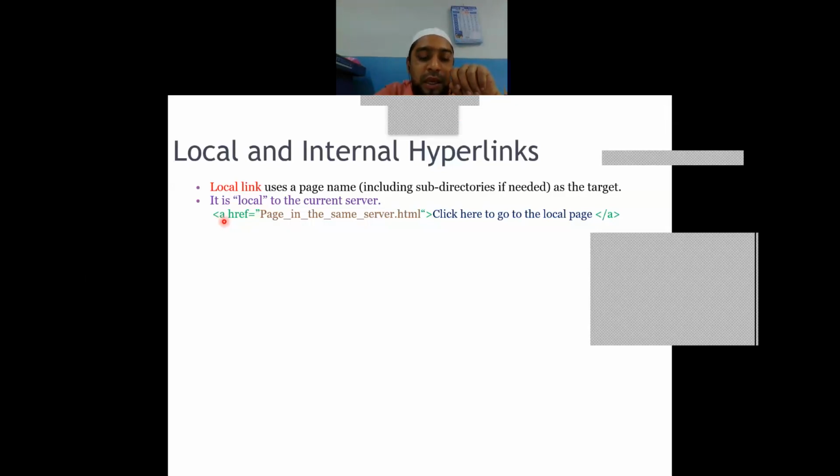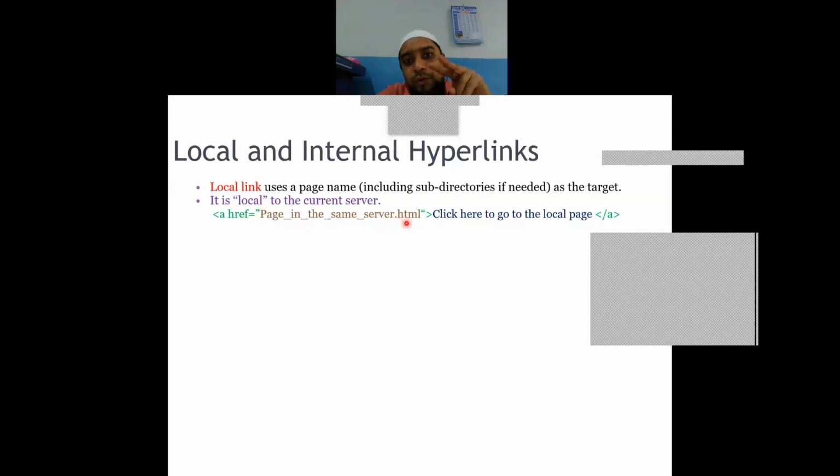So this A tag is for the anchor tag. Do remember, you will not write anchor over there, you will just mention A. It has one attribute called horizontal reference, written as href. Its full form is horizontal reference. This href will mention where the second program is stored in the server. So you'll mention, within double quotes, where exactly the page is which you want to navigate to. You will mention that particular page.